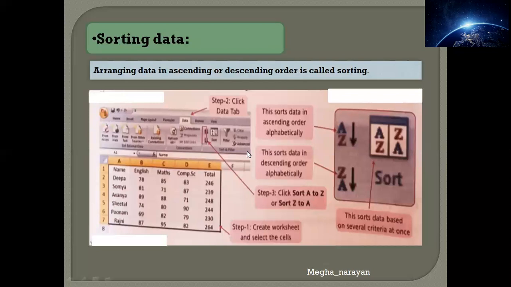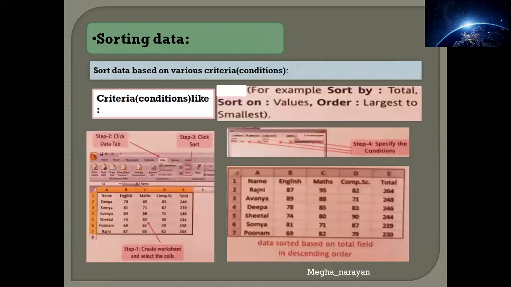Next, in that data tab you can see here something which is zoomed out here. This is a particular thing provided. Using this, it will be arranged in ascending order. Using this, it will be arranged in descending order. Simple as that, A to Z or Z to A. This will help you to sort the data using several criteria, based on those criteria that you want to use. Moving towards the next type, sorting the data on the basis of certain conditions.